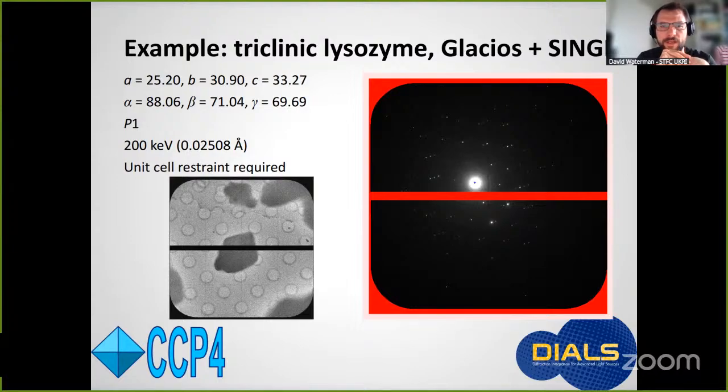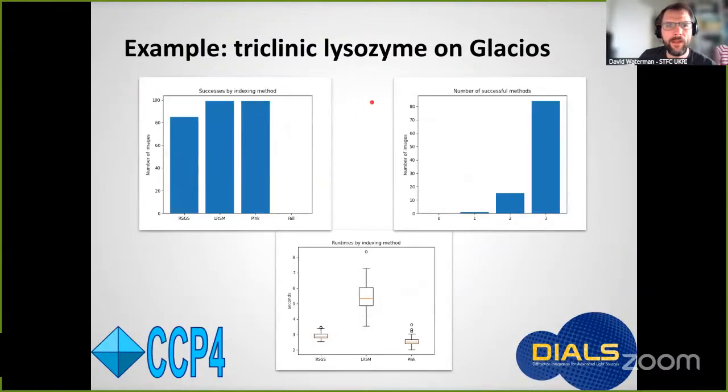But the reason for that, I realized, is that there are too many parameters in the triclinic space group when the data are really just two-dimensional. And so we had to apply a unit cell restraint during refinement. And in that case, despite all the distortions that are present from post-sample lenses and whatever else is not set up perfectly with that system, this worked very well, and every pattern was correctly indexed, most of them by all three methods, over